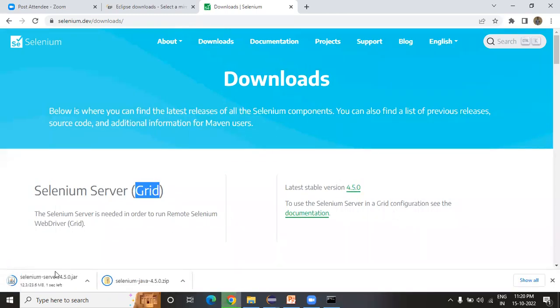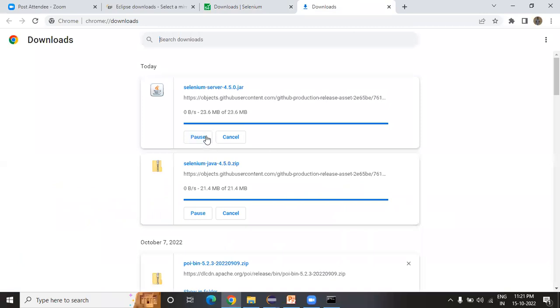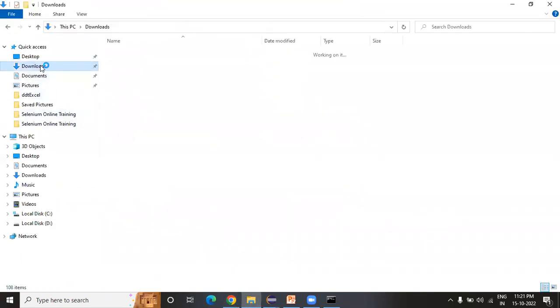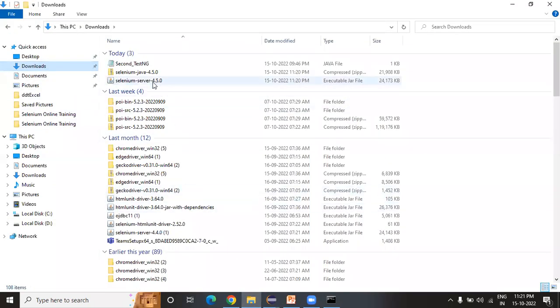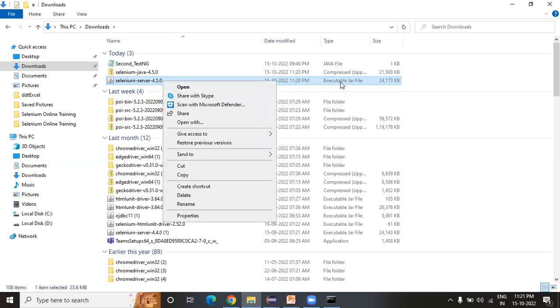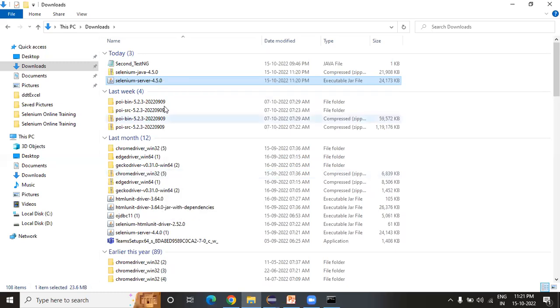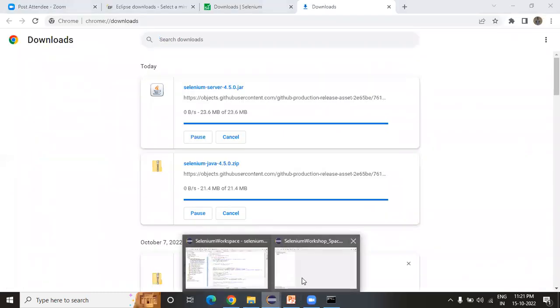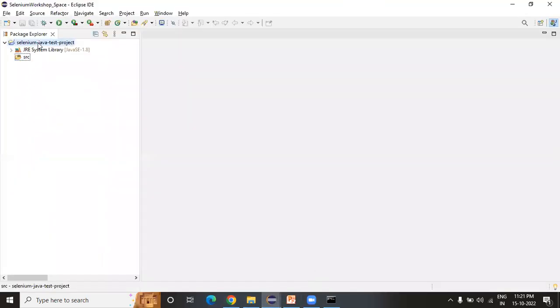This will download as a jar file. Just a moment. It is downloading the stuff. Okay, let me go to my downloads folder. Yeah, see, it got downloaded here. And you copy this file. This is a jar file, guys, an executable jar file. Just copy this file. This is the Selenium library, and go to your Java project, and you create one folder